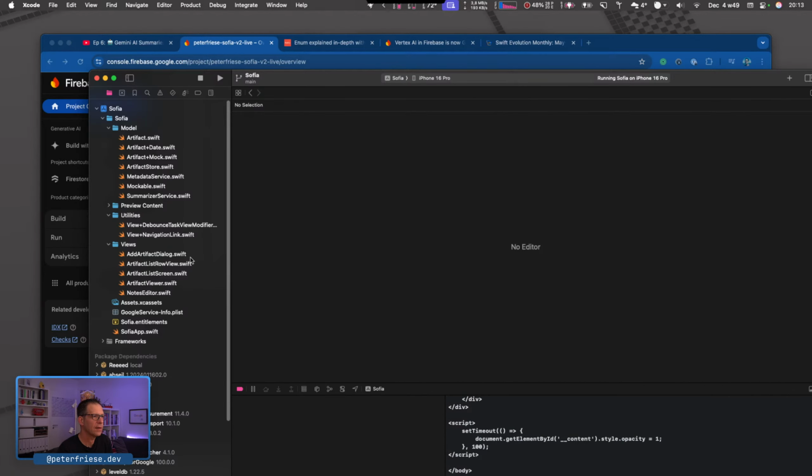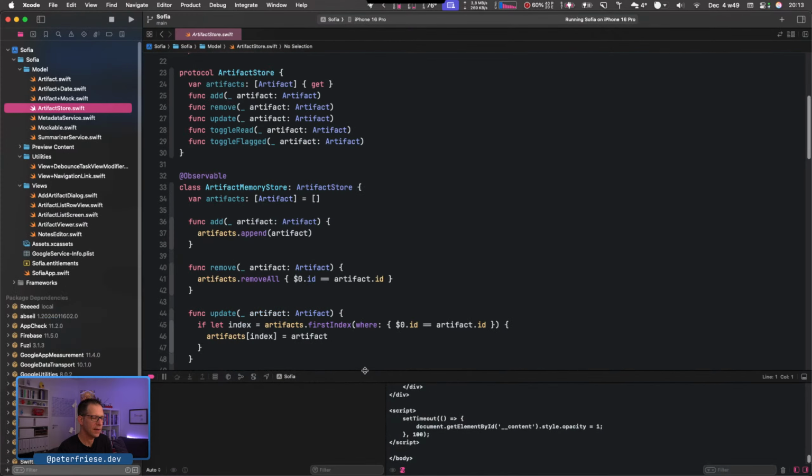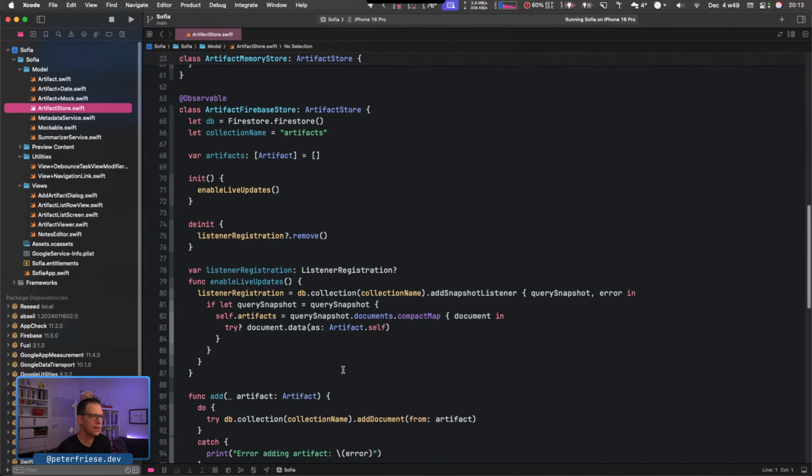So let's go back here. In our model, we have the artifact store. And somewhere down here, you can see that we have this snapshot listener. And this snapshot listener currently just retrieves everything that's in the collection. That's everyone's data.